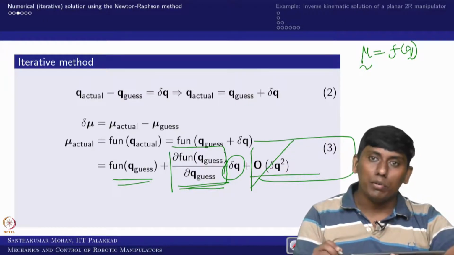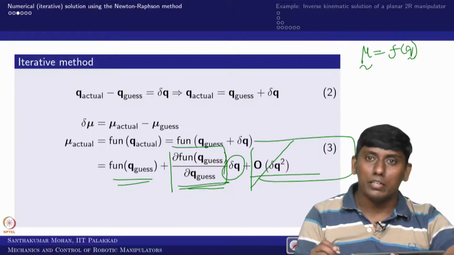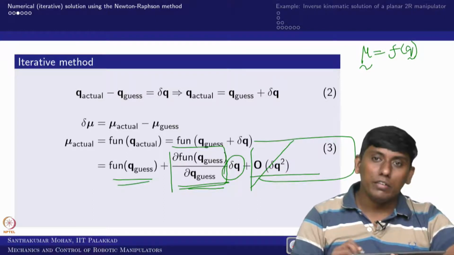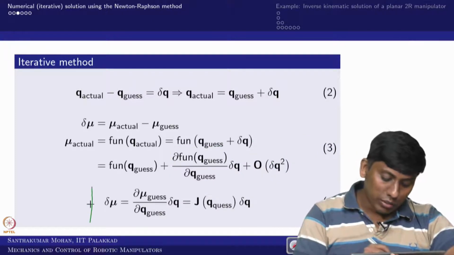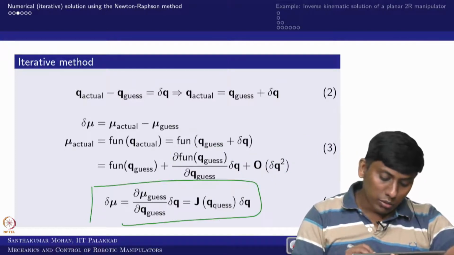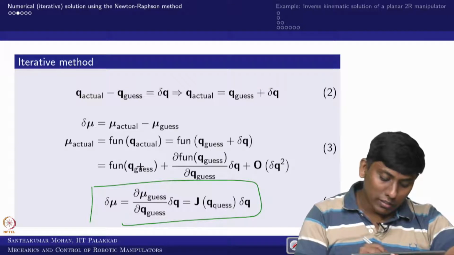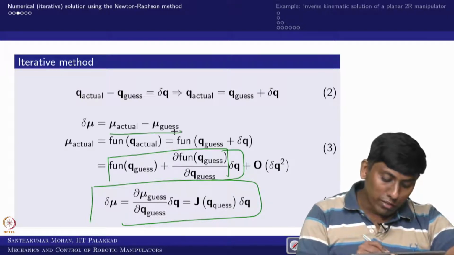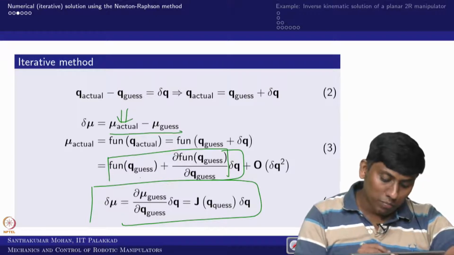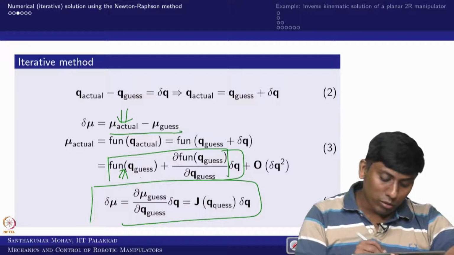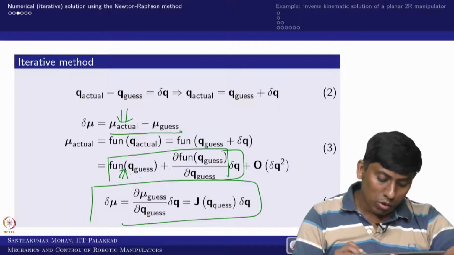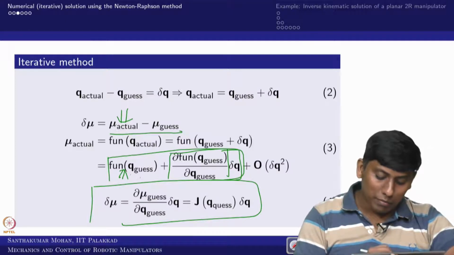So obviously that would end up with what you call a partial derivative. So that partial derivative we are getting, that is what we are actually finding. So in that sense, you can write this is your case, and now you can substitute mu actual in this form. So this will give mu guess, and you have mu actual is mu guess plus this. So if you substitute, this 2 will go and only this would remain, right?